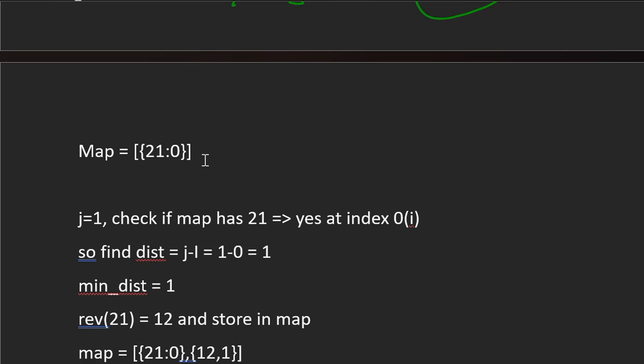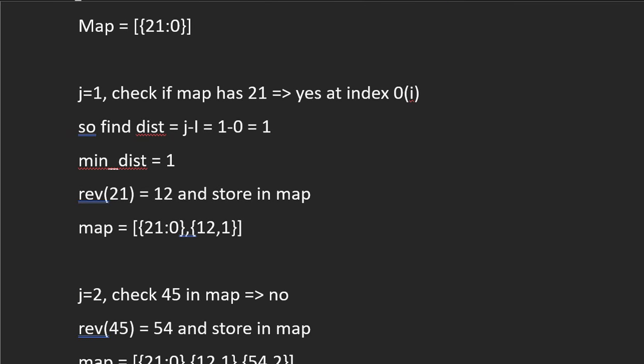So in the map we have stored 21 comma 0. Then we move to the next index, that is j equal to 1. Now j is equal to 1, we have 21. We check if 21 is present or not. In the map, 21 is present at index number 0.